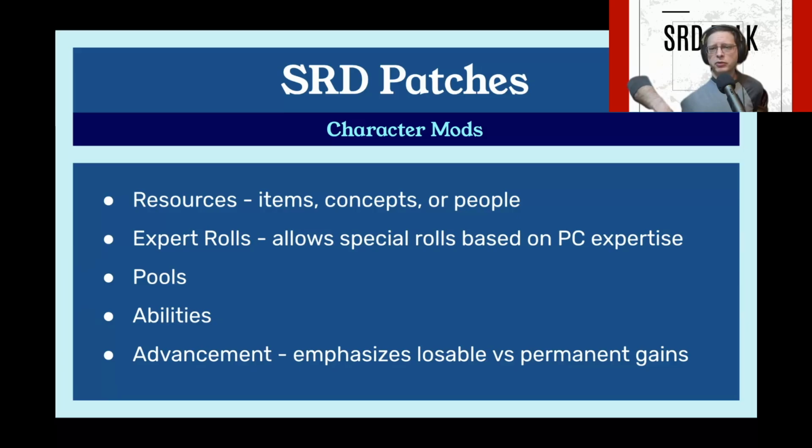Expert roles is actually an interesting thing where it suggests that depending upon the PC's expertise, a character might need to roll a special type of roll. And here is one of the places where it suggests that whenever your character has a particular expertise in this thing, maybe you have the ability to swap around dice. That's again a pretty interesting way of approaching that instead of adding or subtracting numbers and stuff like that. Abilities I'm not going to dive into because this is pretty self-explanatory,